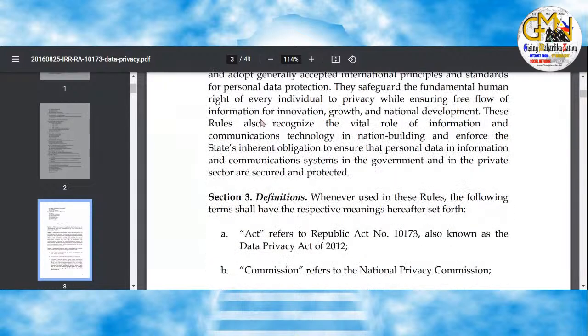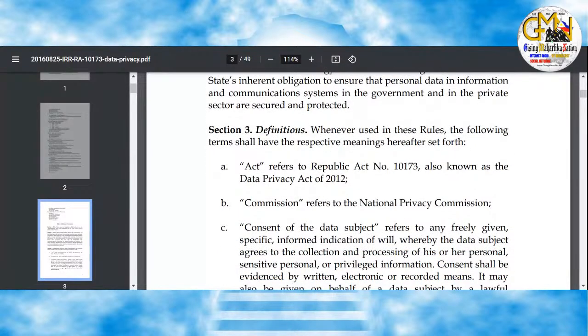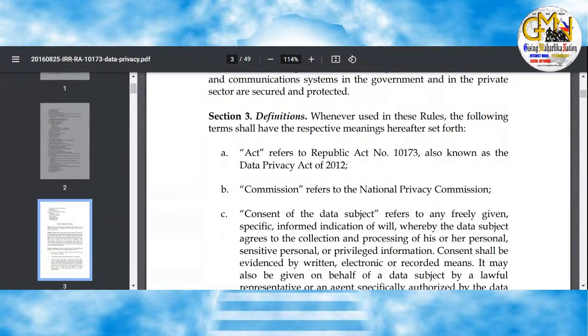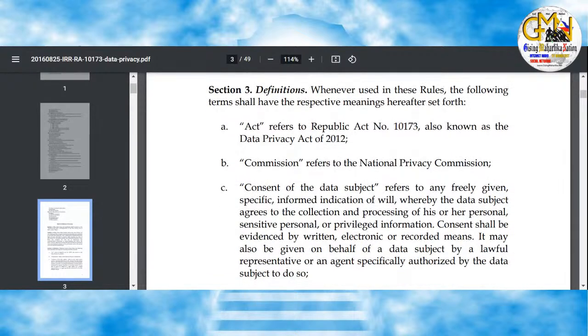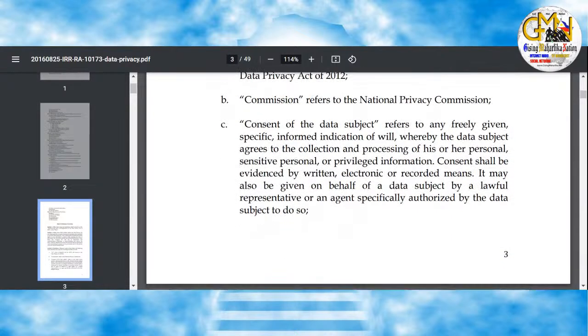Section 3, definitions. Whenever used in these rules, the following terms shall have the respective meanings hereafter set forth. A. Act refers to Republic Act number 10173 known as the Data Privacy Act of 2012. B. Commission refers to the National Privacy Commission. C. Consent